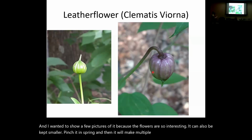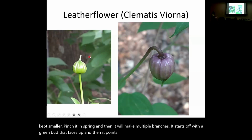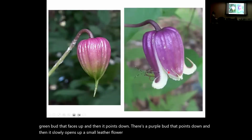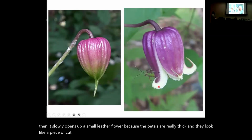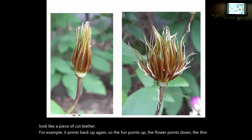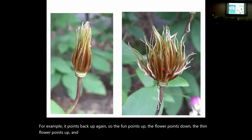It starts off with a green bud that faces up, and then it points down. It's a purple bud that points down. And then it slowly opens up. It's called leather flower because the petals are really thick, like cut leather. When it's done blooming, it points back up again. The bud points up, the flower points down, then the flower points up, and it slowly opens up and it turns